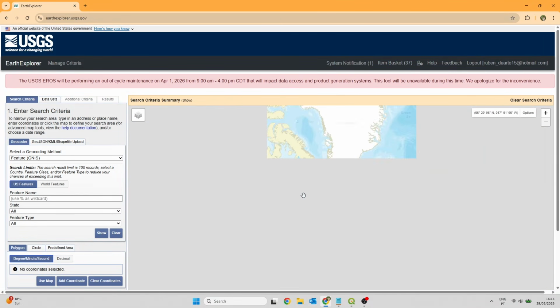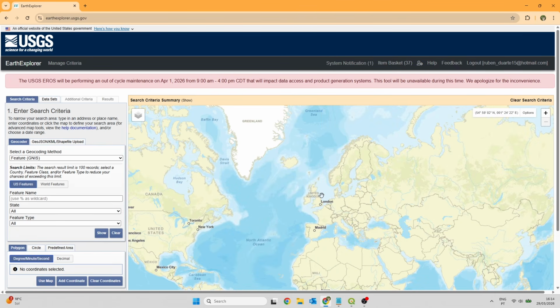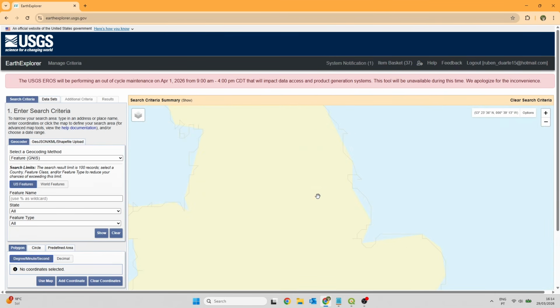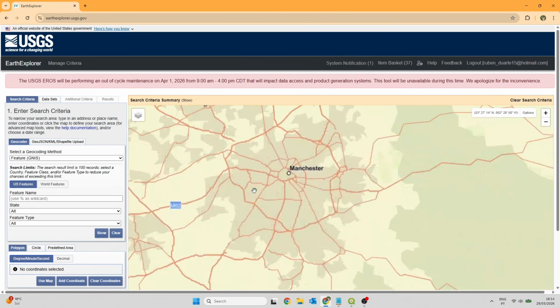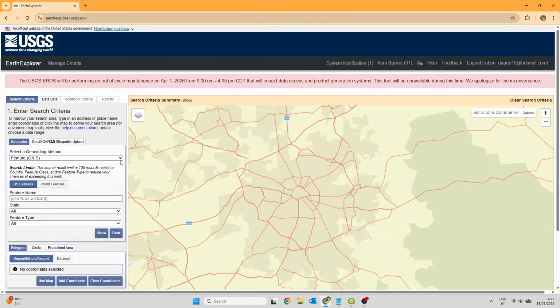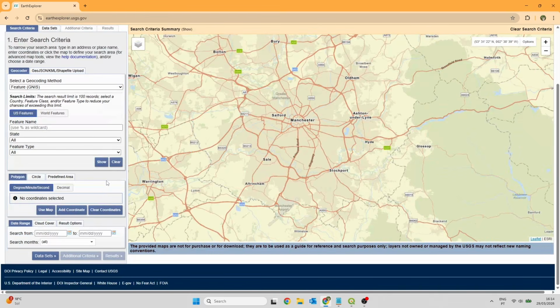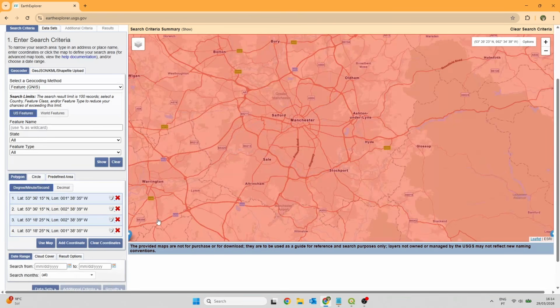To access it, you first need to create an account. It's simple to do, and then you'll have access to the platform where we can download the necessary files. Let's zoom into the Manchester area in England and click on Use Map to define the area we